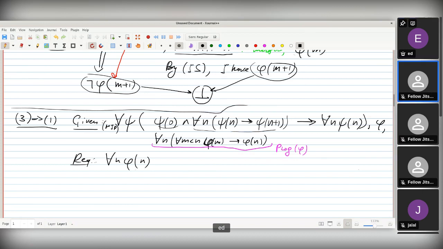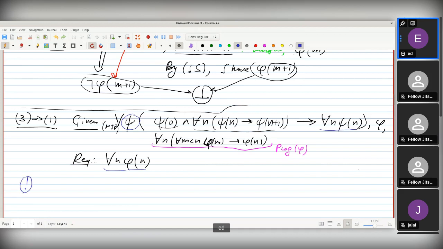Yes. Okay. And now this little bit of creativity we need here. We should take something interesting for psi. It is not phi. Here we have for every n psi of n, and here we need for every n phi of n. For psi, we need something stronger than phi. We are going to apply mathematical induction to prove strong induction. The key is to apply mathematical induction to a stronger statement.